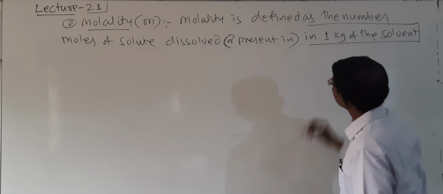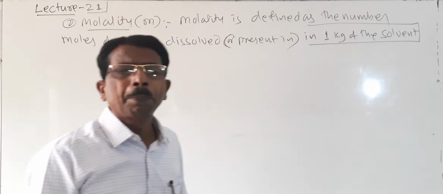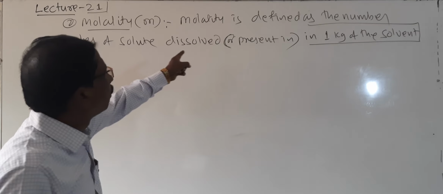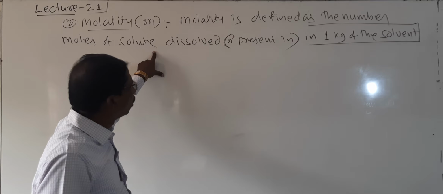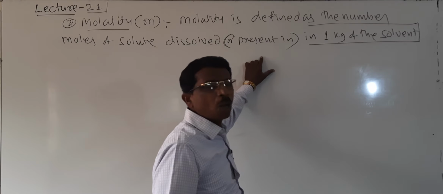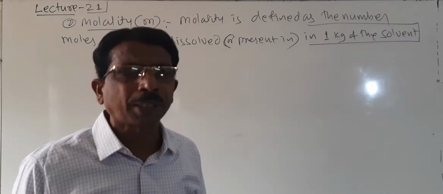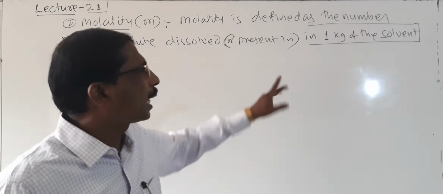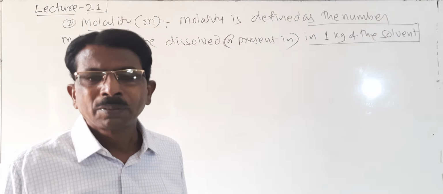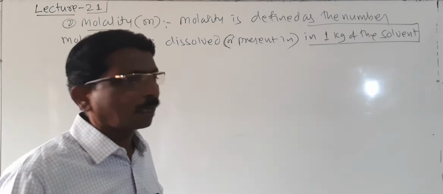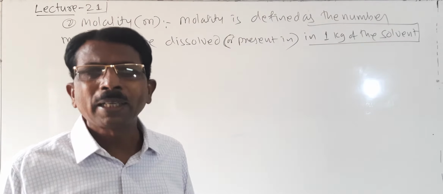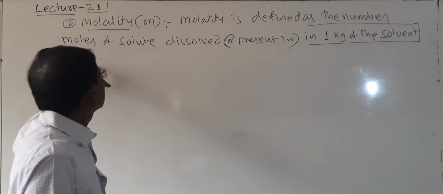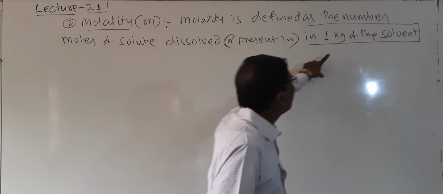Remember, it is very, very important. So what is the difference, students? Molality is defined as the number of moles of solute dissolved in or present in 1 kg of the solvent, not solution. In molarity we dissolve in 1 liter of solution, but here it is directly the solvent, that is water if it is an inorganic compound. If it is an organic compound, then it means organic solvents. So remember, molality is defined as the number of moles of solute dissolved in 1 kg of the solvent,